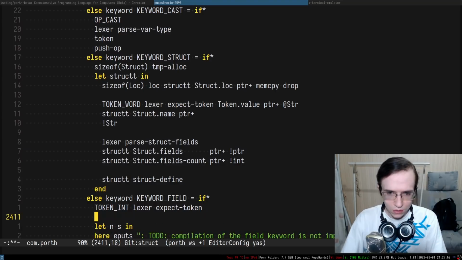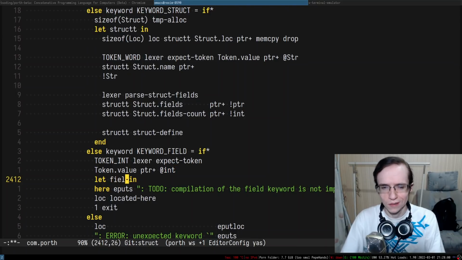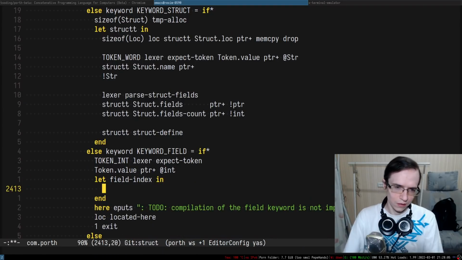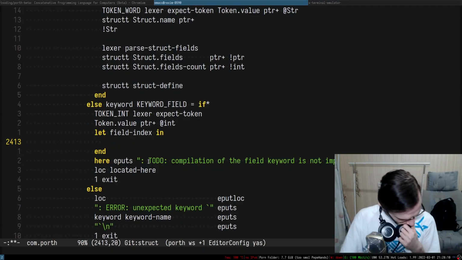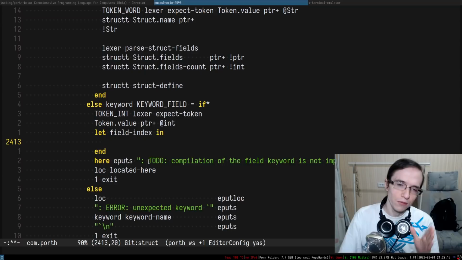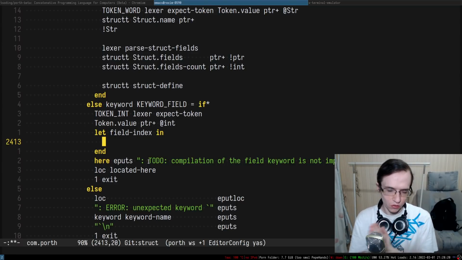Anyway. So here specifically we expect an integer, so I can do token value pointer plus and read it as an integer. And here we have index or field index. Right, field index. And now we also need to know. Oh, we don't have this specific structure in here. Believe it or not, we don't have a specific structure